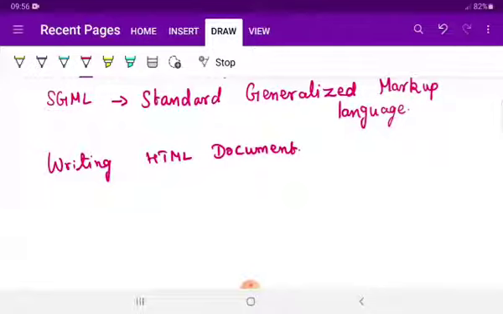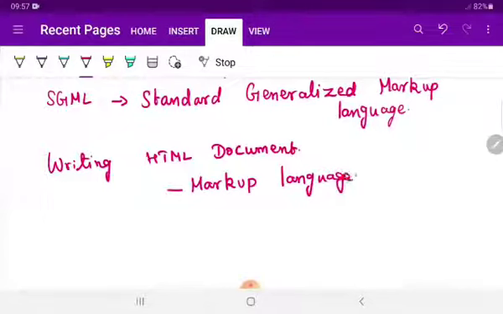Already I told you, HTML is a markup language. It is a simple language for you, very simple.